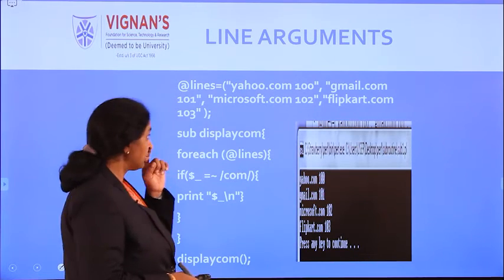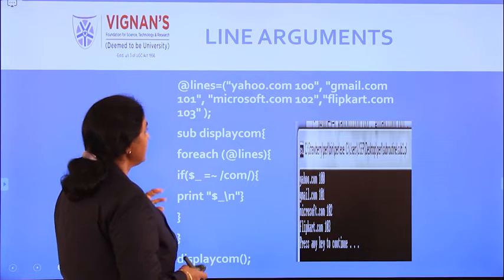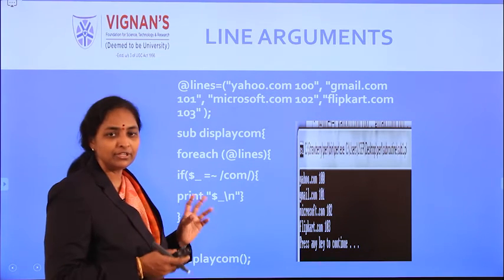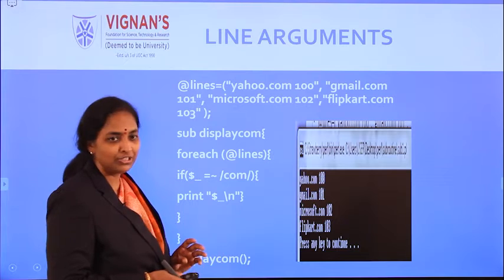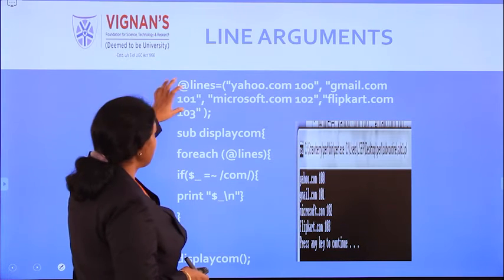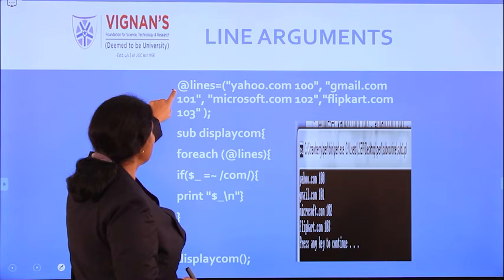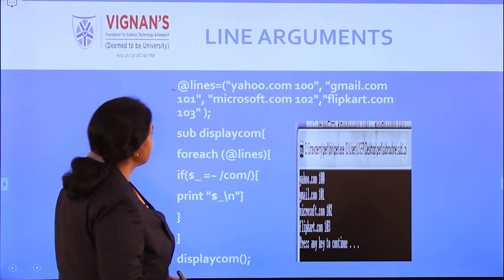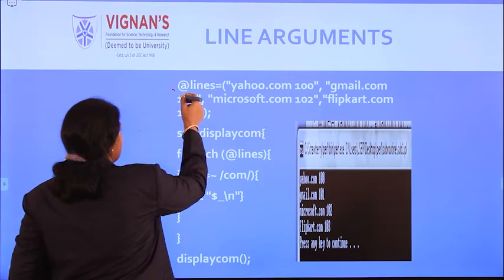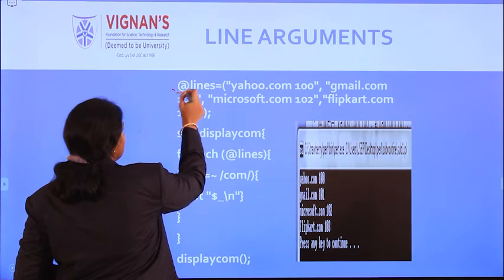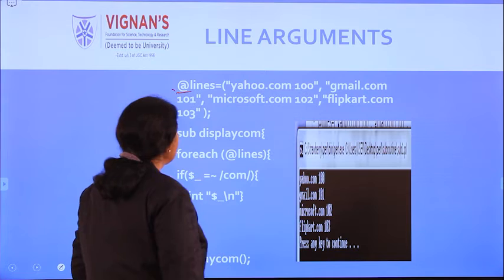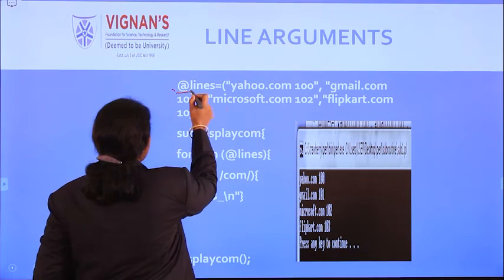So now coming to this point, you can pass the lines also. Even you can pass the lines of parameters into the parameters. You see, this is your variable, your array, as from the representation this symbol indicates the array, and the variable is lines.